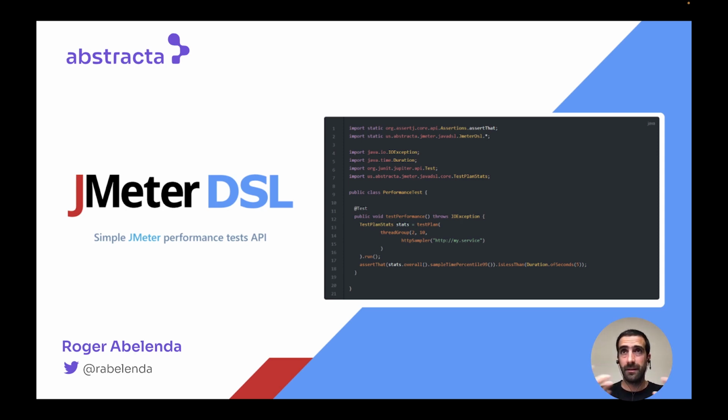That being said, there are other open source performance testing tools that solve some or most of these drawbacks, but also have some limitations and don't allow you to take advantage of all the benefits that JMeter provides. Some of these tools might be K6, Gatling, Taurus. There are many others, but you get some of these issues solved, but you lose a lot of the benefits